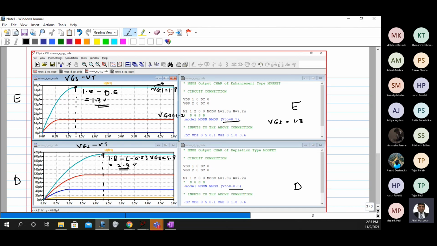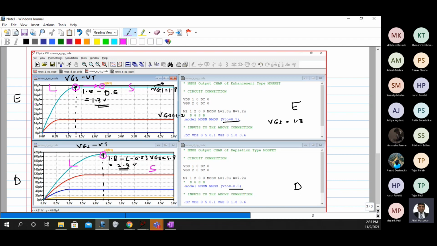You can see that this point actually shifted from here to here in the case of depletion. This was linear and this was saturation, so now linear has become much bigger than saturation.